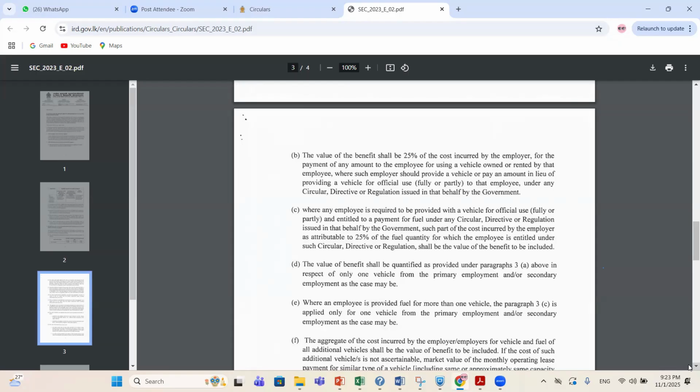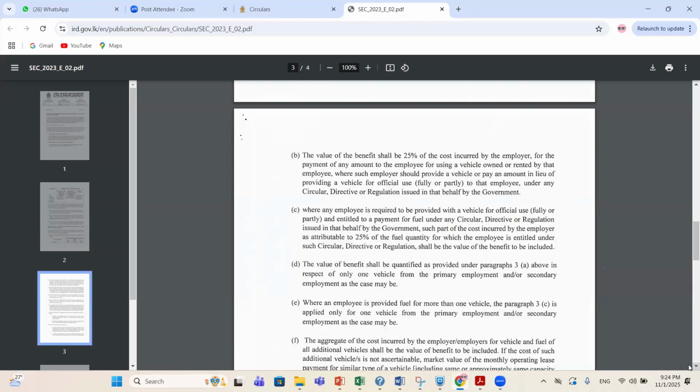That means if it is a vehicle allowance payment, 25% of that allowance will be the employee's benefit for tax purposes, right?